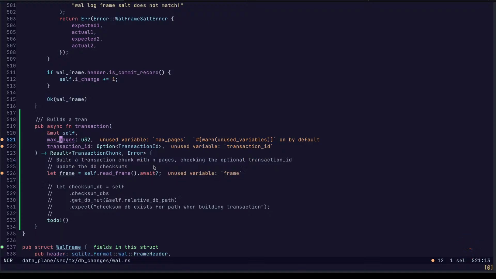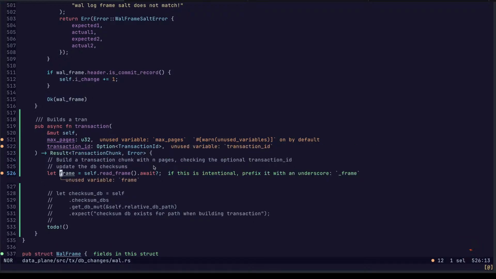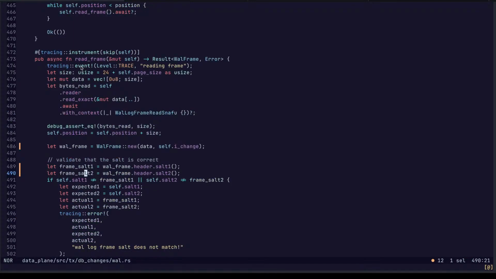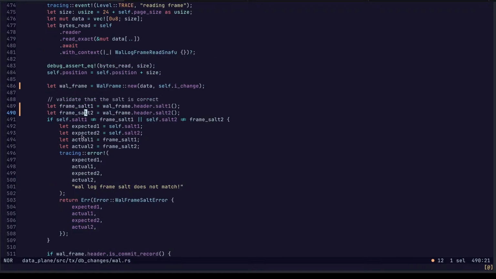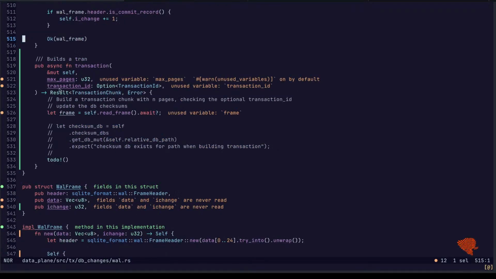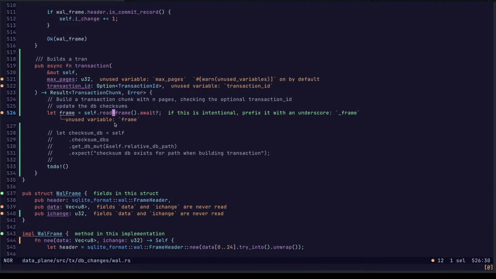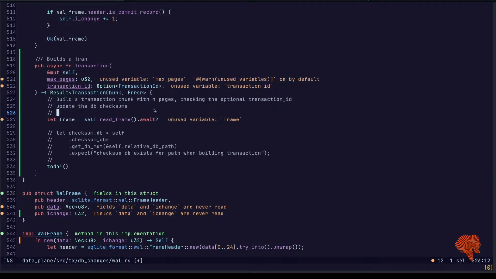So we need n number of frames that all have the same transaction ID. We know that the salts should be the same. And we only want to read until we get to max page or transaction.